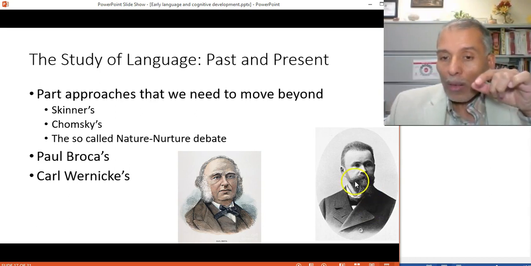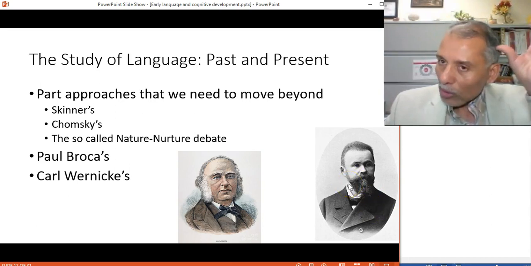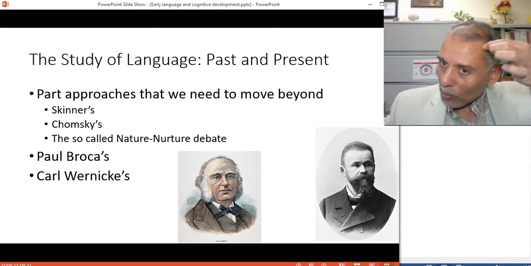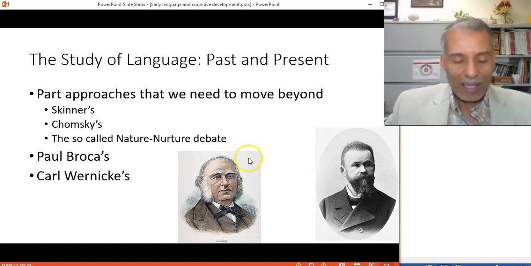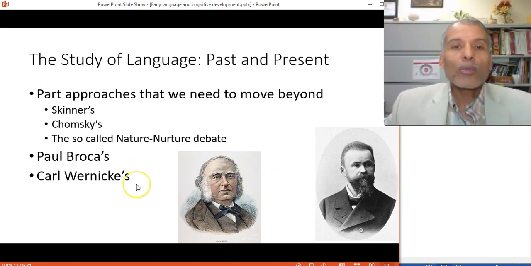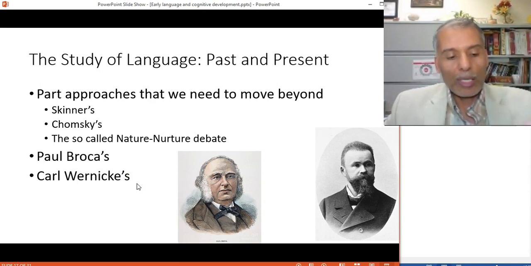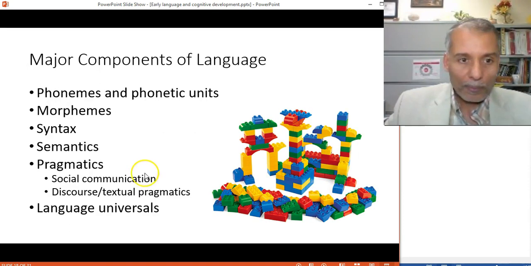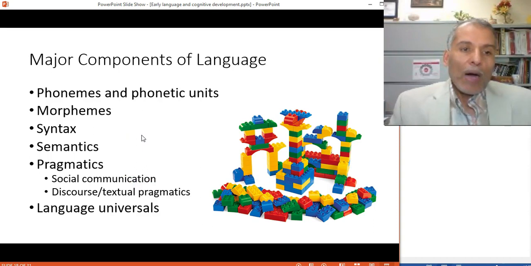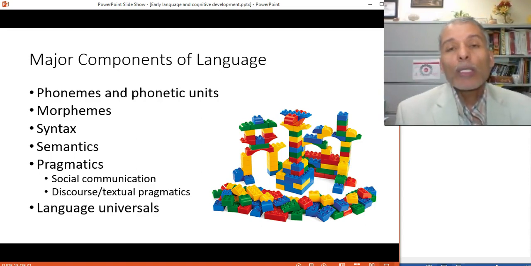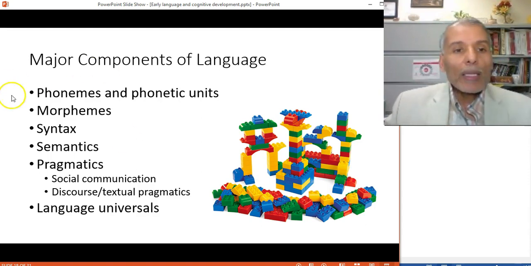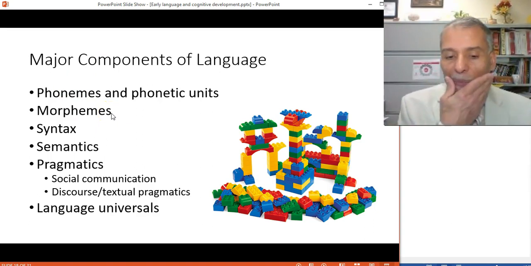And moreover, Wernicke discovered that there is a pathway from Wernicke's area to Broca's area. By doing so, you connect hearing, processing and comprehension with speaking and articulating and so on. This gradually gave rise to the understanding that we have about language, how people communicate and so on. So now let's look at the components of language, the elements that you would normally study in linguistics. But I'll give you a brief overview.